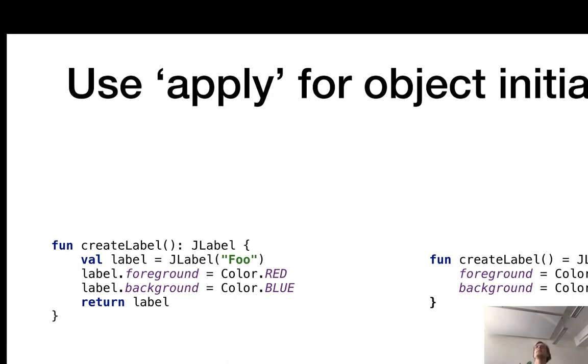And the return value of apply is the very object on which it has been called. So this allows me, once again, to convert my function to the expression body syntax, which is almost always a good thing in Kotlin code. And I can omit the return type, and all in all, the code becomes quite a bit shorter and clearer. And there are some other functions that also let you execute code, or like access